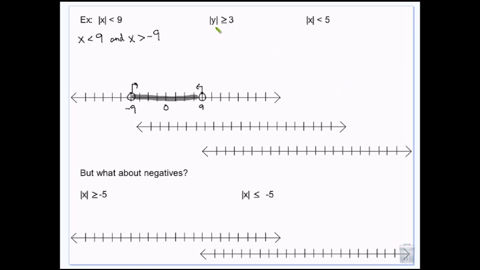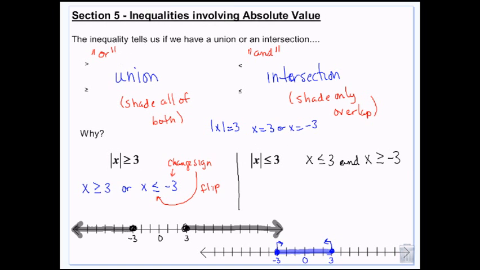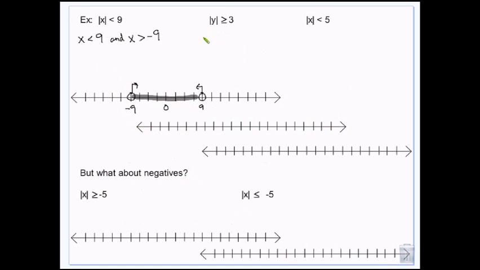I've got y greater than 3, greater than is an or. So yeah, greater than or equal to. So it's going to be y is greater than or equal to 3, or y is less than or equal to negative 3. So here's 0, here's 3, here's negative 3. I've closed in circles. Greater than 3, less than negative 3. So when I shade,